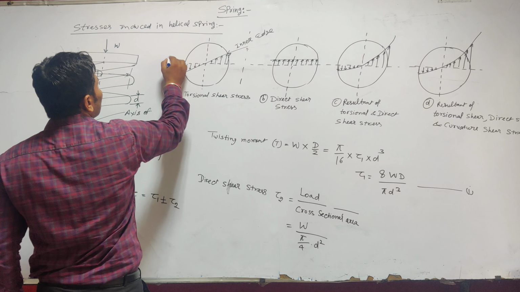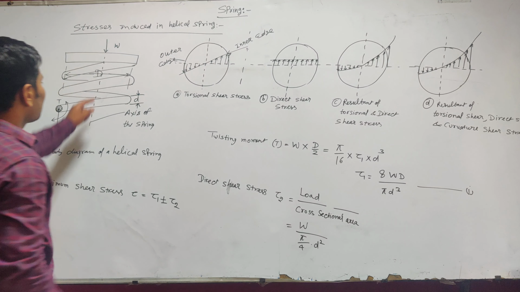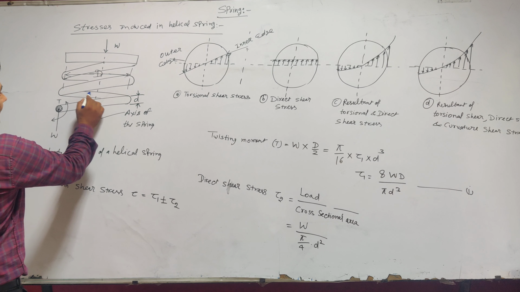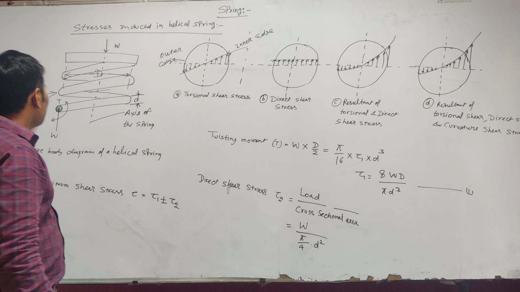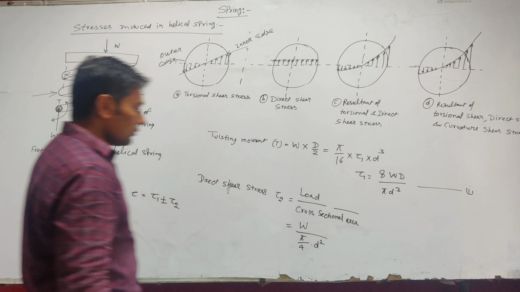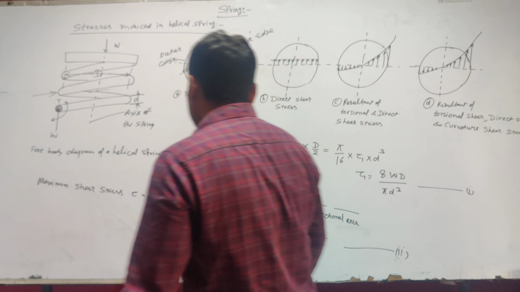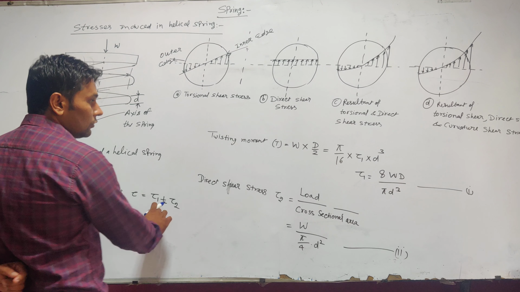And this is the outer edge. In the free body diagram, this is the inner edge and this is the outer edge. So here plus minus, so plus is for inner edge and minus is for outer edge. This is equation number 2. For adding equation number 1 and 2, we find the maximum shear stress tau is equal to tau 1